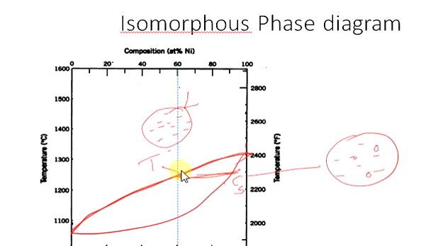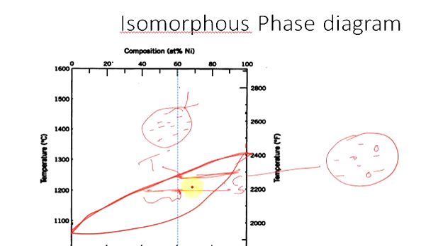Now at this point, if you apply the lever rule, it is mostly liquid. We can just say that the solids start to form. But if you reduce the temperature further, say at this point, and draw a tie line like this, then to find the fraction of solid formed, we take the opposite lever arm. By the lever rule, we find this length from the overall composition divided by the total length. That gives the fraction of solid present.